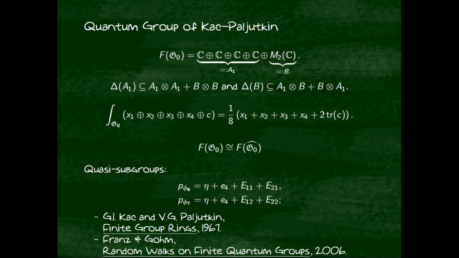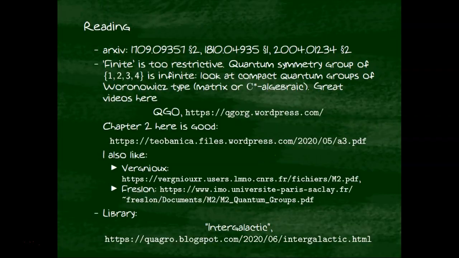So hopefully that's given you, so really what we focused on actually was the algebra of functions on a finite group and its dual. I've spoken a bit more about the axioms, and now we're saying that there are more such objects out there. Now for further reading,